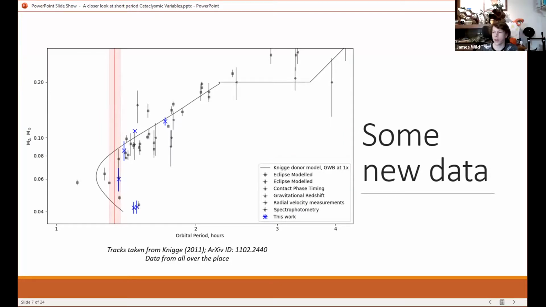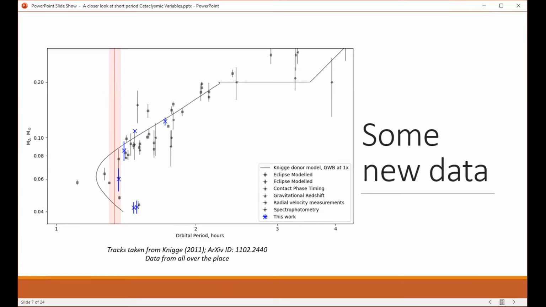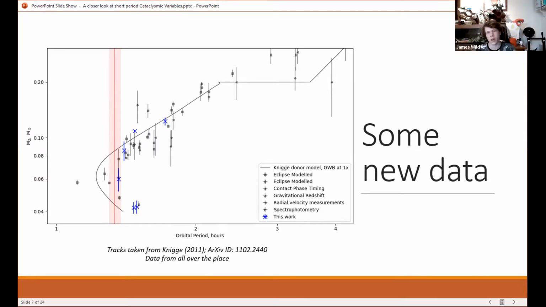I sympathize with that, but my preferred understanding of the period gap is different. What Boris is talking about, for people who aren't familiar, is a theory that when the donor star hits a certain mass, it becomes fully convective, and that shuts off its magnetic field or drastically weakens it. And that's why magnetic braking disappears. But